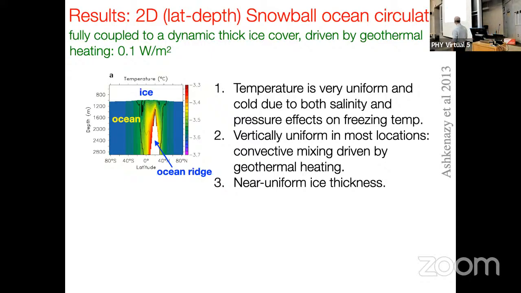So here's the temperature. What you see here is latitude from the South Pole to the North Pole. This is a two-dimensional model. We also did three-dimensional and so on and so forth. This is the depth, and this is the ice layer at the top. You see, first of all, from this color bar, that the temperature range is very, very small. Half a degree is the maximum range of temperatures you get. And the freezing temperature, because the ocean is covered by a whole kilometer of ice, is suppressed because of the pressure effect of the ice on top.